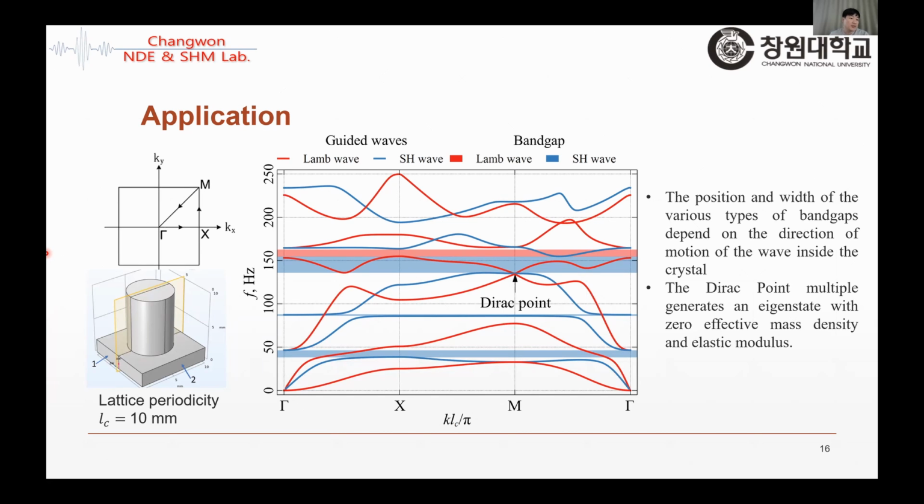Brillouin zone and modification of the phonon dispersions. As you can see here, if we use guided waves, the Lamb wave and SH wave modes, you can see the red lines and blue lines here, and each wave mode has a different frequency range of the band gap. Below 50, there is one SH wave band gap here, and one really small range of